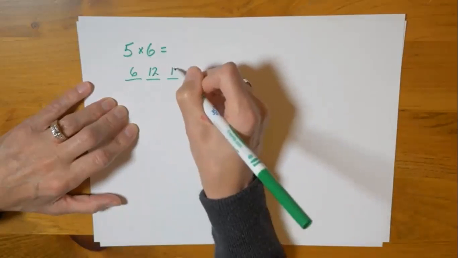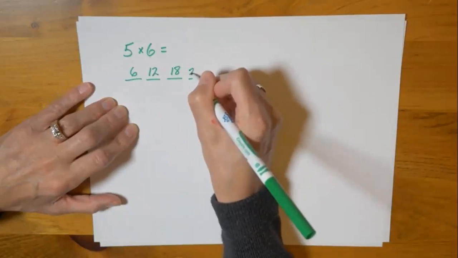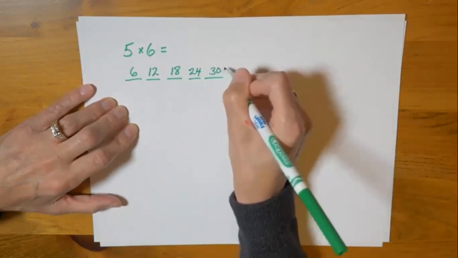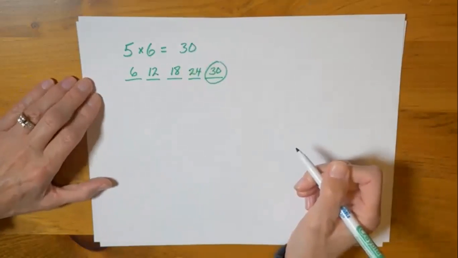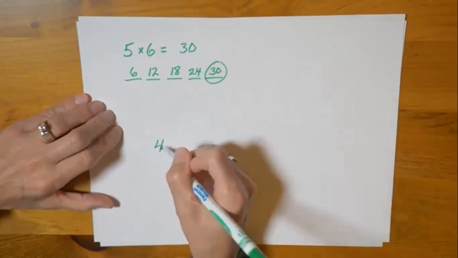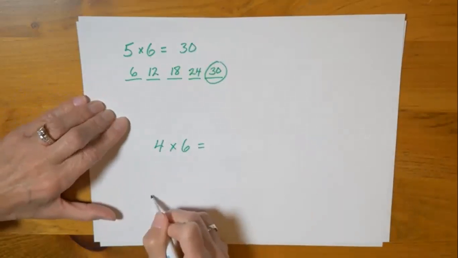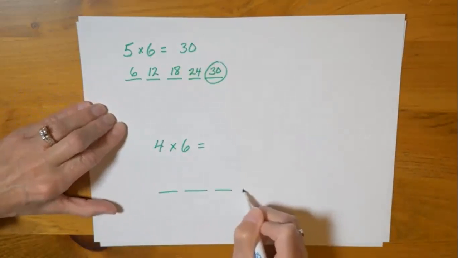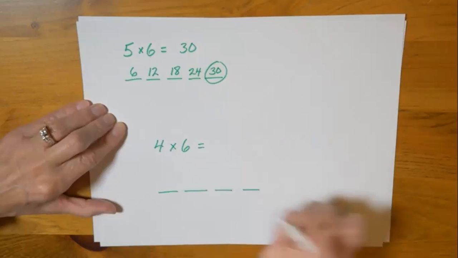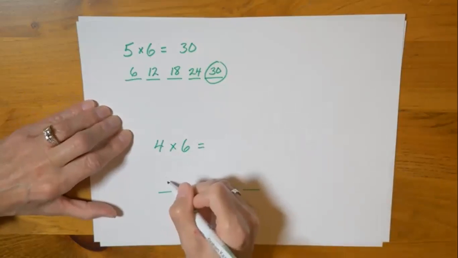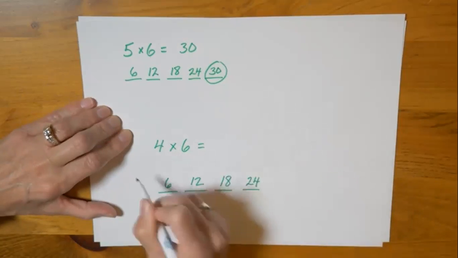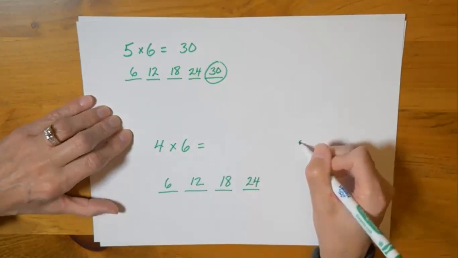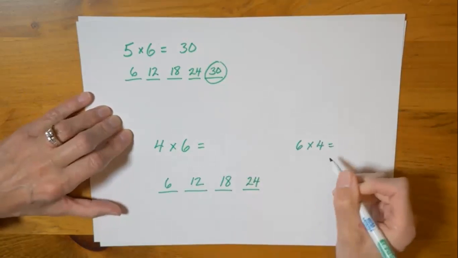12, 18, 24, 30. So there's my answer. And one more. Let's try 4 times 6. So I'm going to give myself 4 spaces, and I'm going to count by 6s again. 6, 12, 18, 24. If I turned it around and did 6 times 4, I could skip count like this,